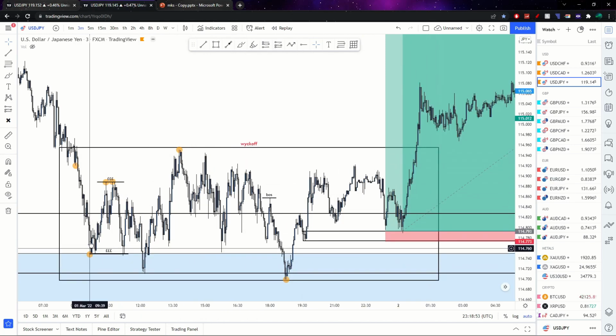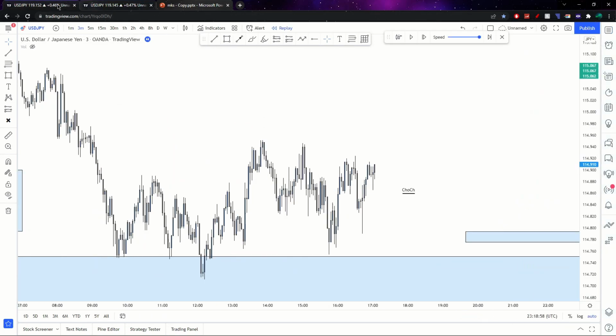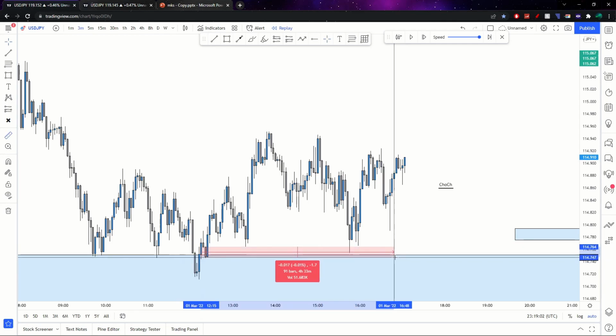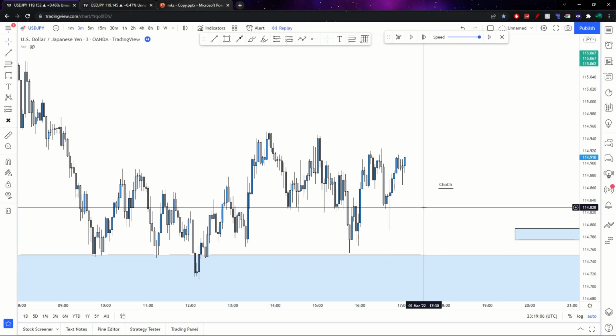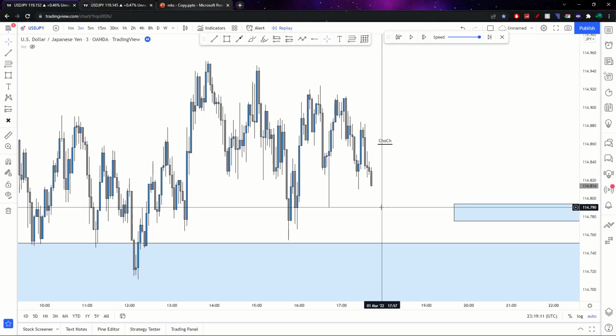I was looking for the various areas of a Wyckoff accumulation, and that's why I hadn't entered yet at this really nice zone over here, because this zone is valid, right? This zone is very valid, and you could have gained your entry from here. However, I was waiting for a Wyckoff entry, so I hadn't entered yet,